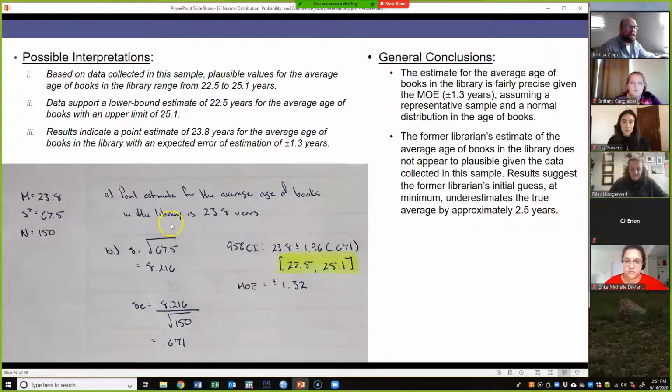But then what we want to do is calculate a confidence interval. So I've got a mean value of 23.8. My sample variance is 67.5 with a sample size of 150. Okay. So first thing I've got to do, Erica,